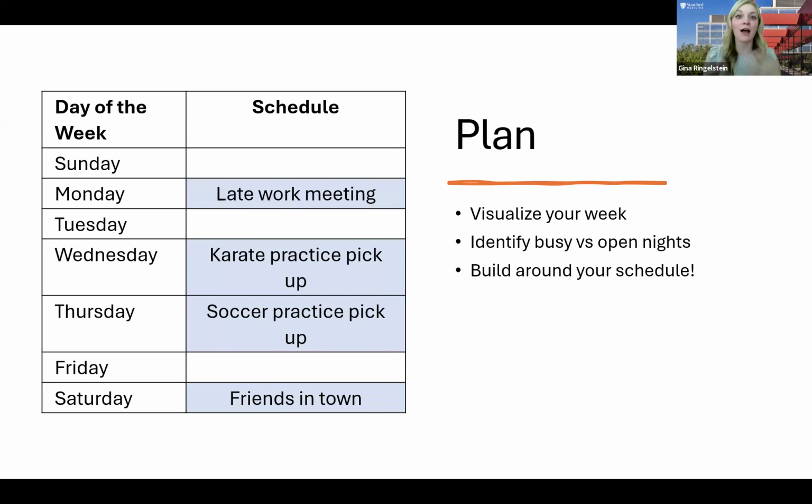And while this plan may not 100% resonate with your typical plan, this just gives you an idea of how to go through the week and really gain an understanding of days I'm busy and days I have a little bit more time. So we see here that Sunday, Tuesday, and Friday, we have a little bit more flexibility in the evening to create some meal planning magic.